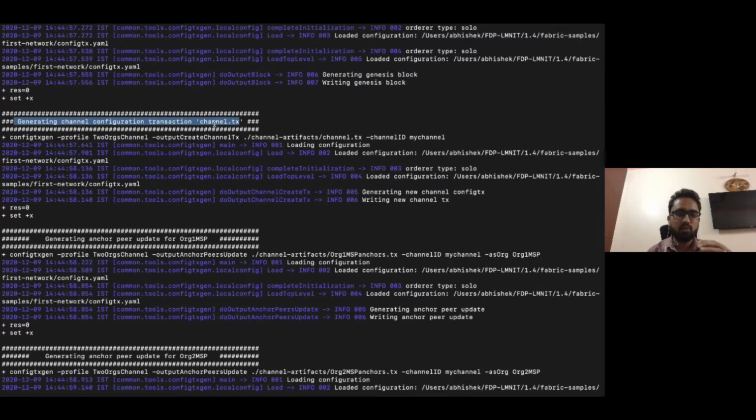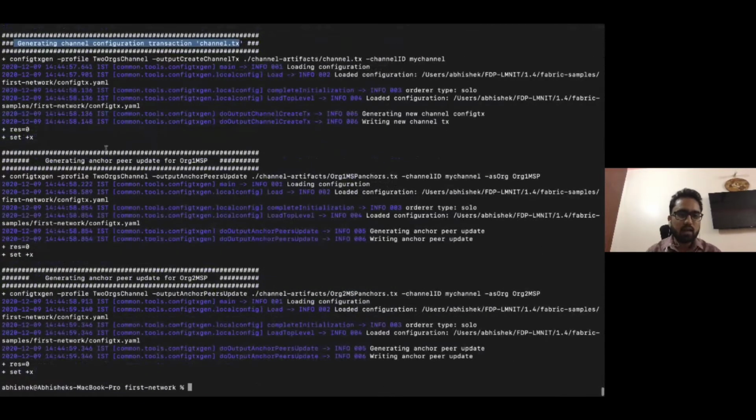So before that, we have to create a channel transaction so that we can onboard all the parties to that particular channel. And in this network, we have two organizations, each organization has two peers, and there is an orderer that is a separate part.